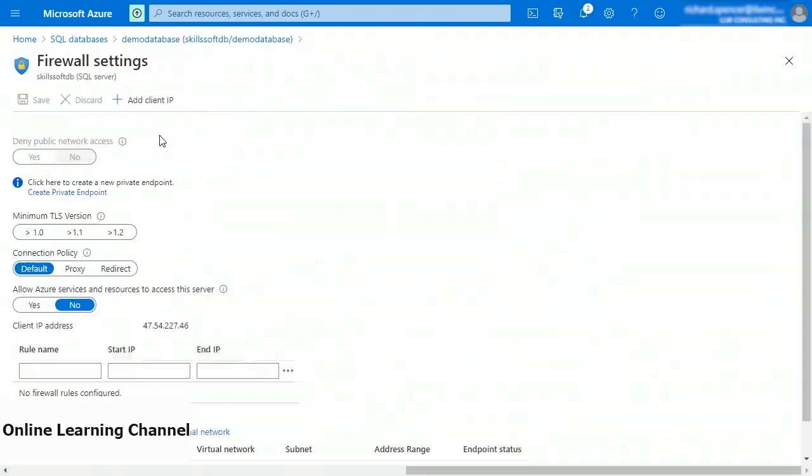We can go ahead and set our server firewall. We've got to declare what minimum TLS version we want. Should it be a default connection? Can Azure resources access the server? And any of our firewall rules we can put in here. So once we go back,